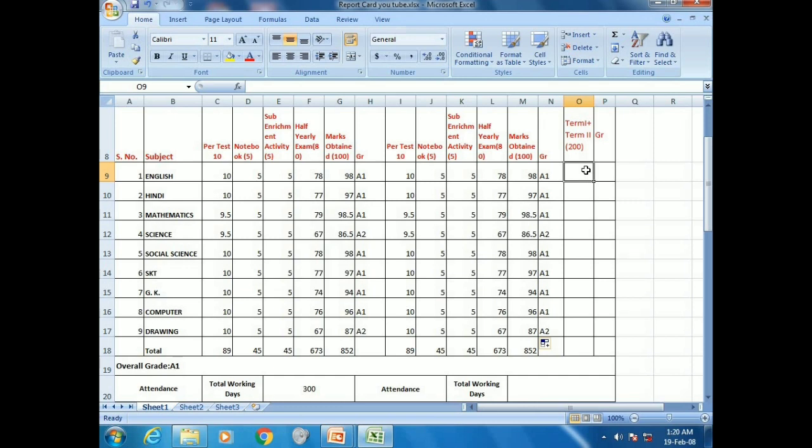To get the sum of 200 for all subjects, we simply have to drag the cell and drop.